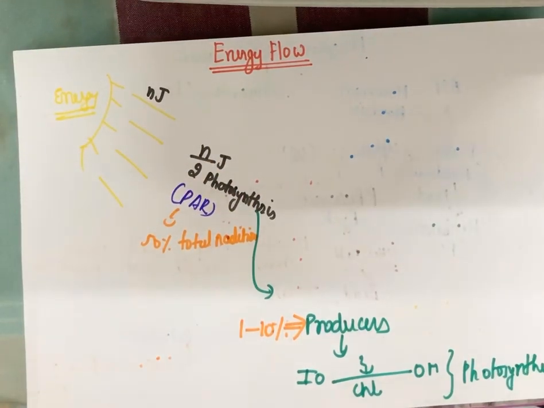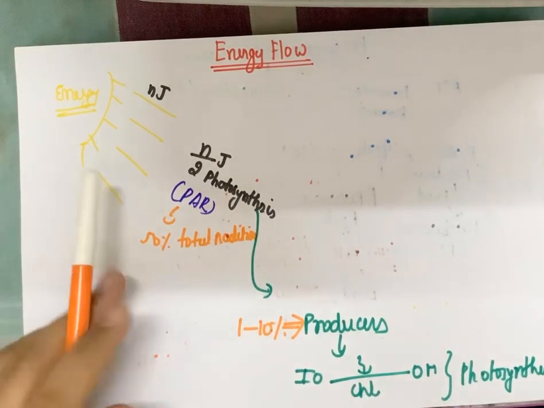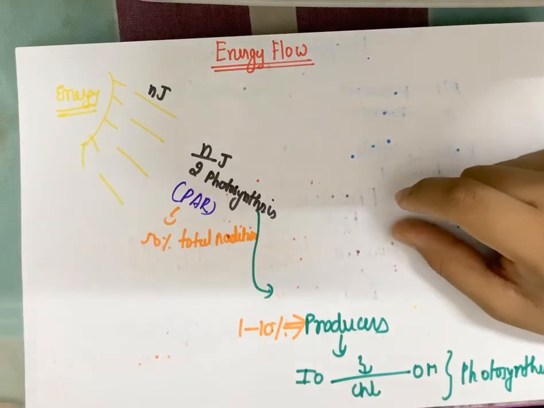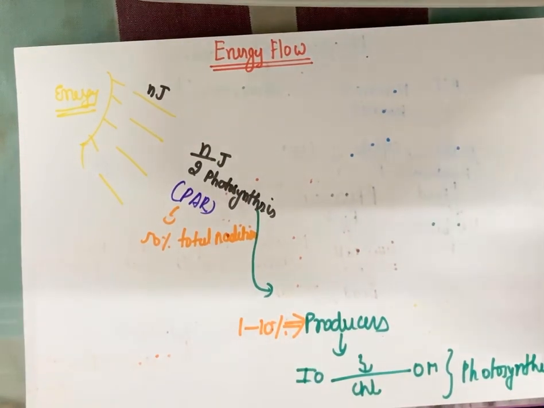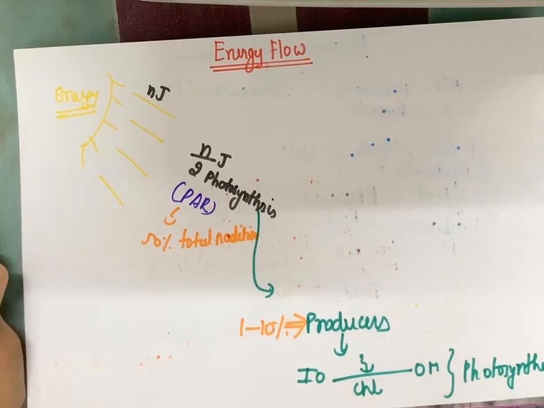Now if I talk about photosynthetically active radiation, you should just understand that plants have certain pigments: chlorophyll A, chlorophyll B, xanthophylls, carotenoids. Each of these pigments is associated with a certain wavelength of light. So photosynthetically active radiation basically means those radiations which have that suitable wavelength which the plant can take. The rest of the light may exceed or be below that wavelength and plants cannot absorb it. Alright, this is the basic gist of the part. For this you can refer to the chapter of photosynthesis in class 11, and if you want I will definitely make a video on that as well. Feel free to comment.